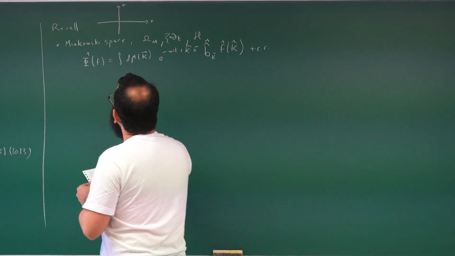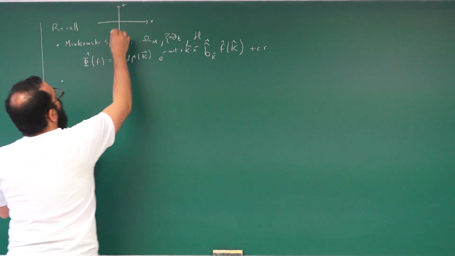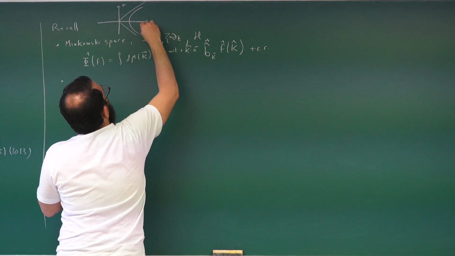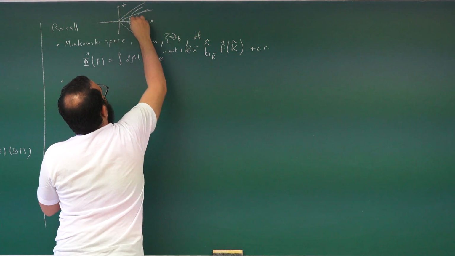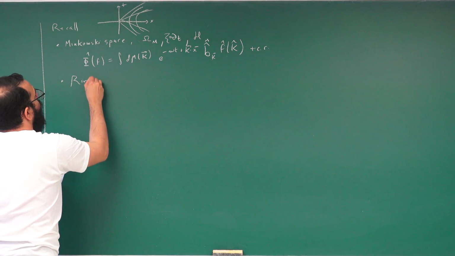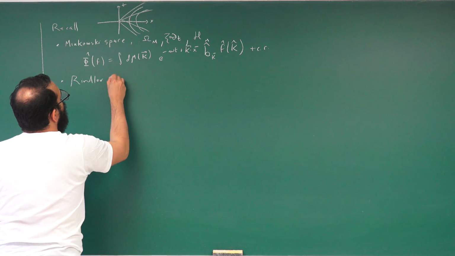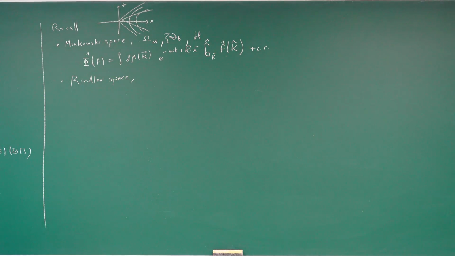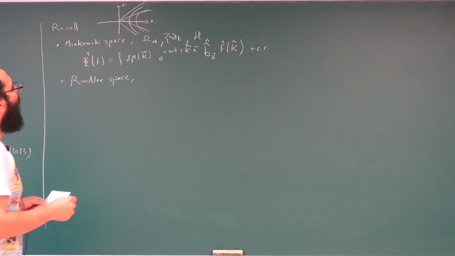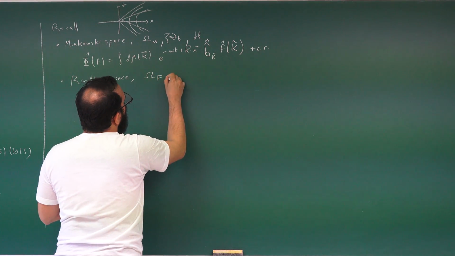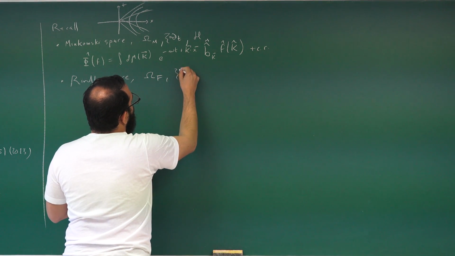Okay, and we also saw that if you restrict yourself to this region, you can consider Rindler space, which is also a flat space-time. This is what we did last time. And you can construct a vacuum which is called the Rindler-Fulling vacuum with respect to another Killing vector,